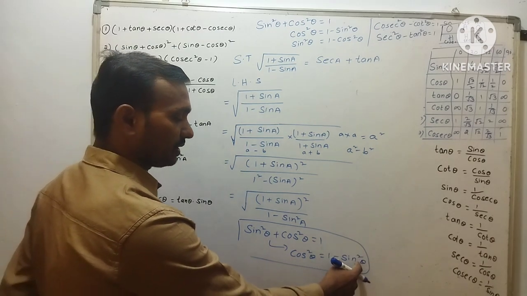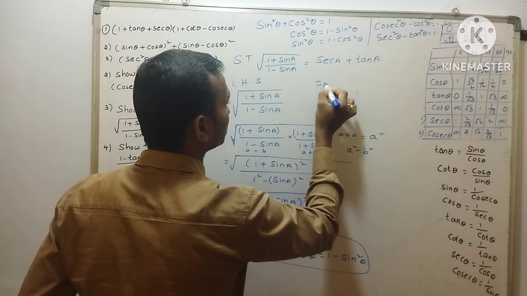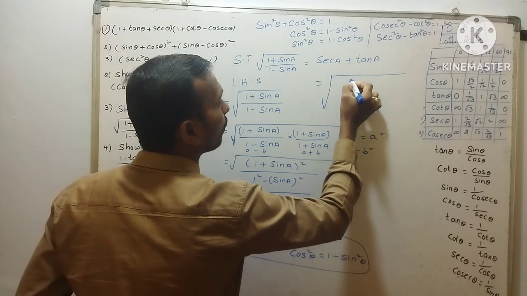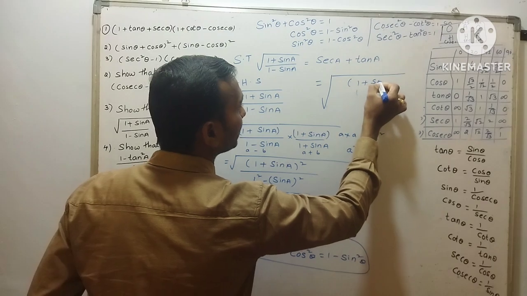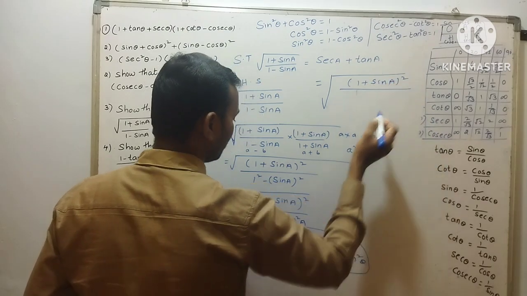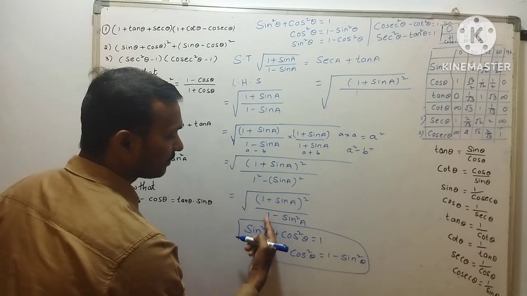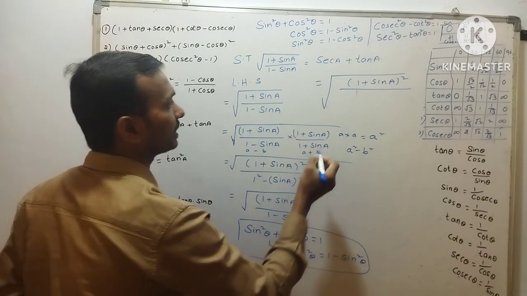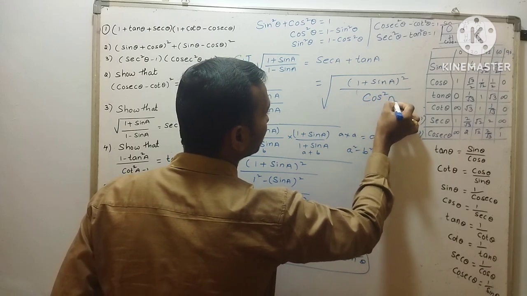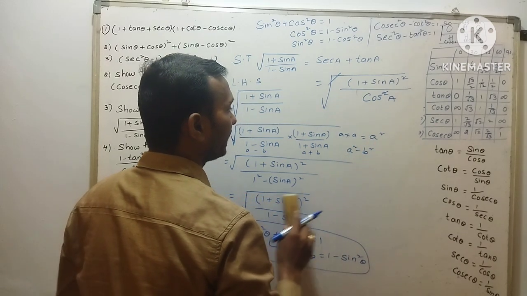So 1 minus sin square theta can be written as cos square theta, that is 1 plus sine A whole square. The numerator is the same as it is. We are just changing the denominator like this. 1 minus sine square A is nothing but cos square A. Square and root get cancelled. Finally, we are left with